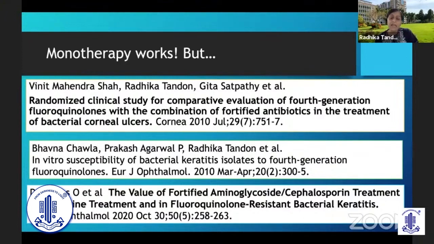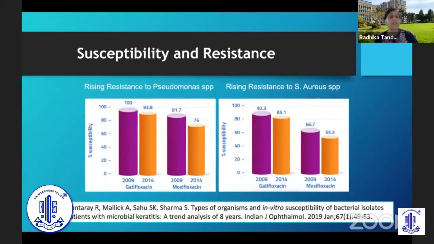So this is again highlighting that a lot depends upon what is the prevalent rate of infection, what is the prevalent susceptibility, and for the bacteria, the antibiotics which have not been used for some time, the bacteria do not have a memory and they forget whatever mechanisms they had to be resistant to them, and they can be effective again. So therefore, in this study also in 2020, it did find that a large number of patients who were fluoroquinolone resistant bacterial keratitis, they were sensitive to using fortified antibiotic. However, they have also reported that several patients were susceptible to the monotherapy in